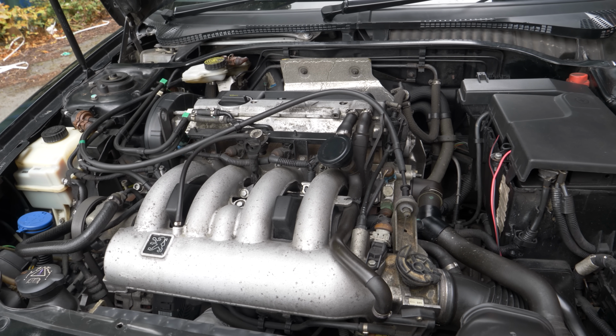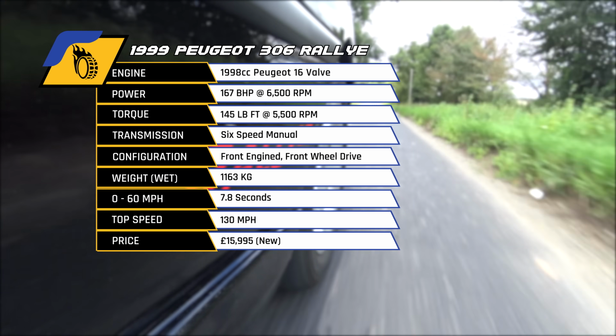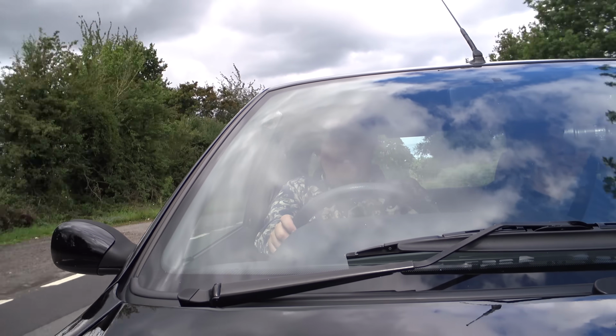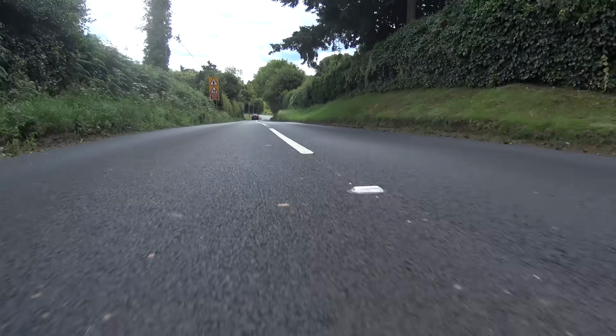If you want to know the numbers, here they are. The red line is at just over 7,000 RPM, but thanks to a curb weight of 1,163 kilos, the car still feels relatively sprightly, even when you're at about, say, 2,000 or 3,000. You can heel and toe with relative ease,